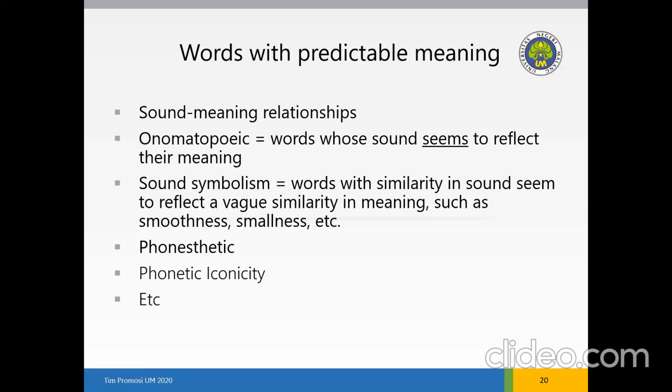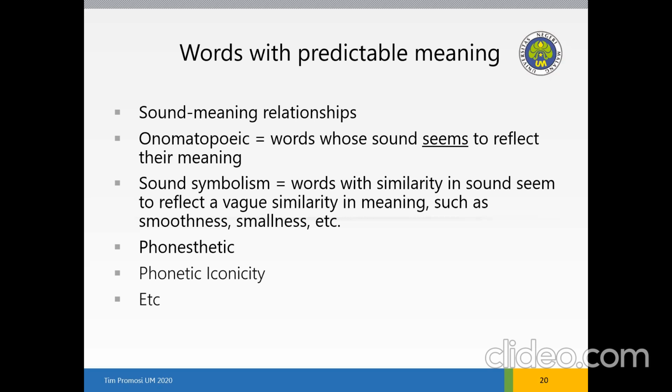The study of sound meaning relationship in language is a complex field that involves understanding how the sounds of words, or phonetics and phonology, relate to the meanings, or semantics. So we have the examples on your screen. We start with